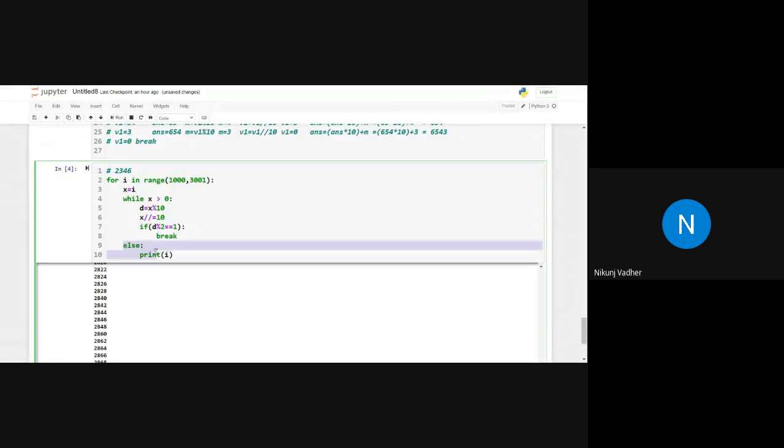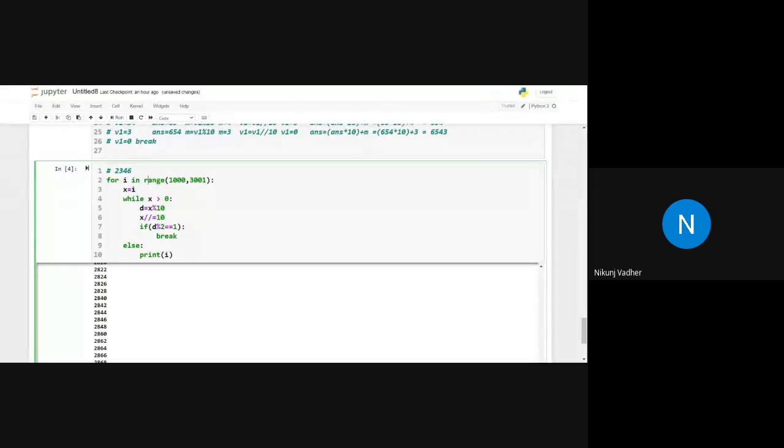Then this else portion won't execute, and it will go with the next iteration. Alazar, are you clear? You understood?